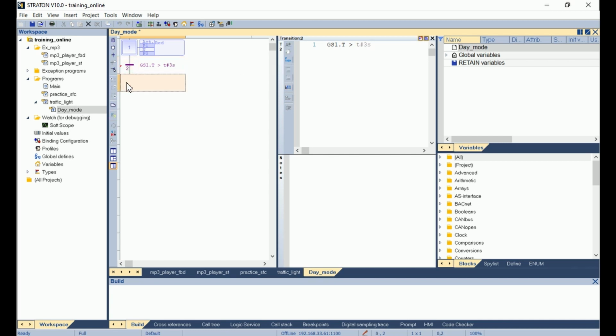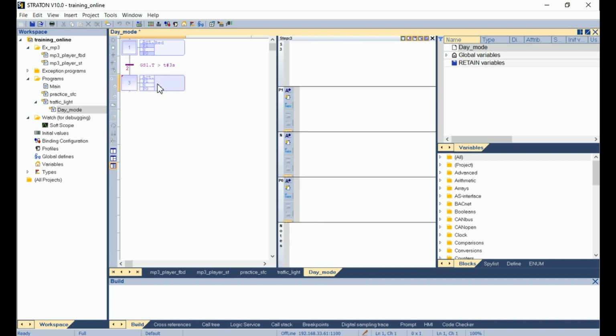Then I add another step with S that will manage the green light. As for the red light, I switch on the light when I enter into the step, and I switch it off when I leave the step. So I use the P1 and P0 section. B green double point equal true, semicolon for P1, and B green double point equal false, semicolon for P0, and here I can enter green.